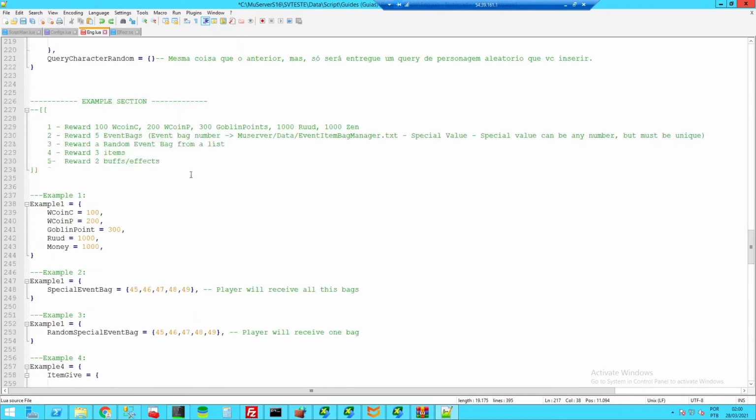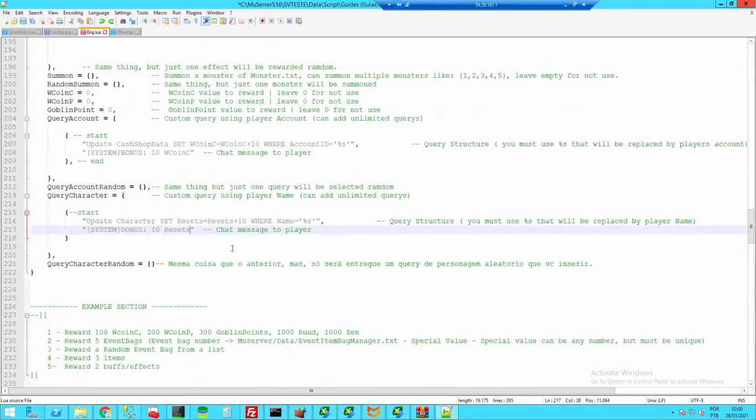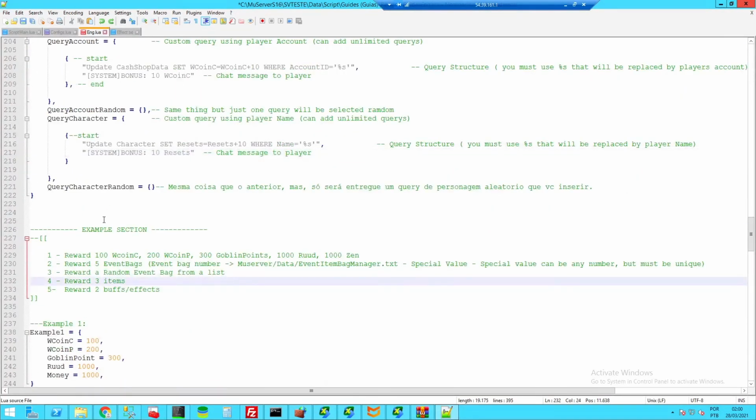here I have some examples. If you don't remember, if you want to have like some examples, if you want to study more advanced options, you can read this example section. Okay,